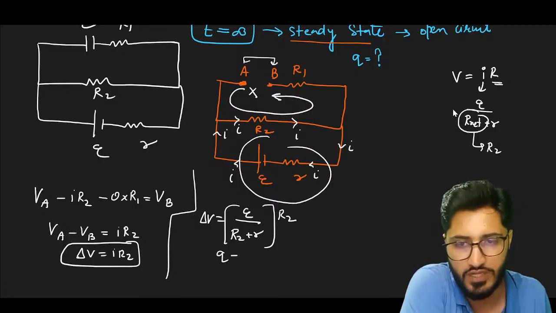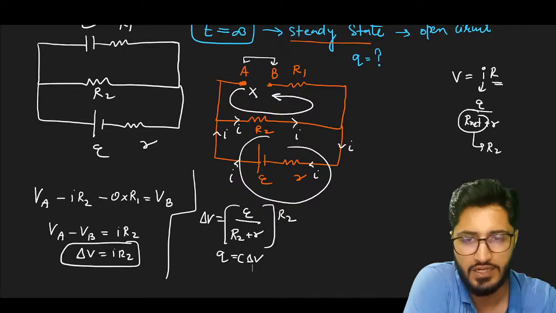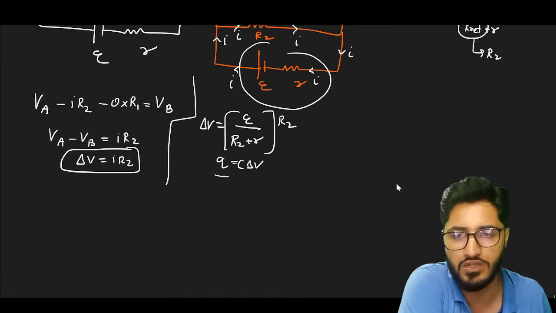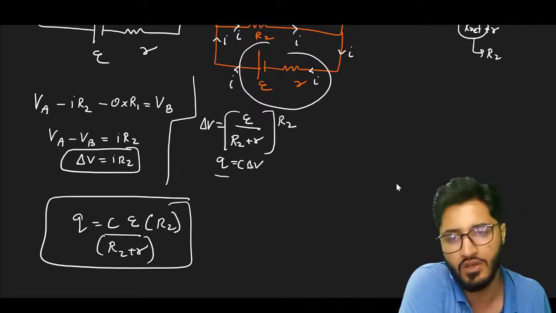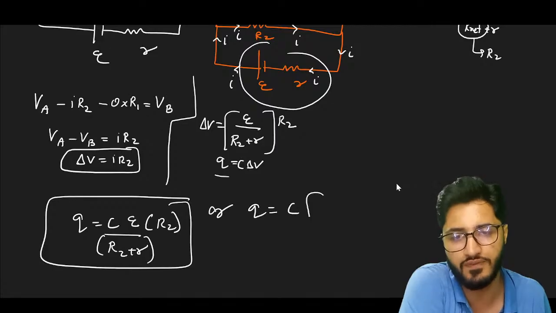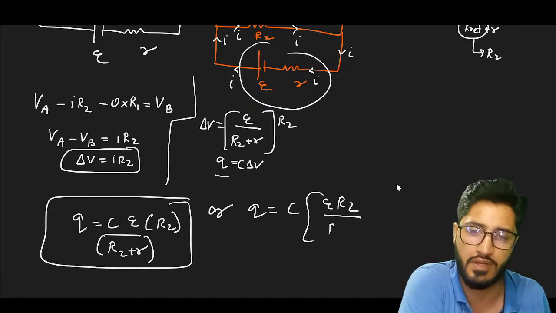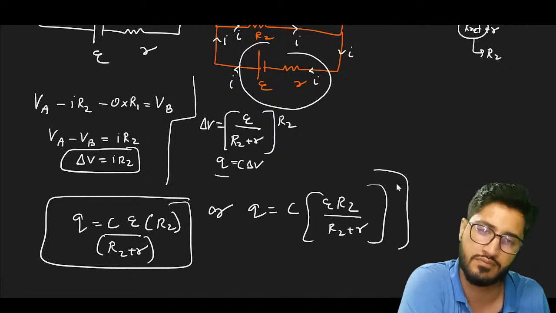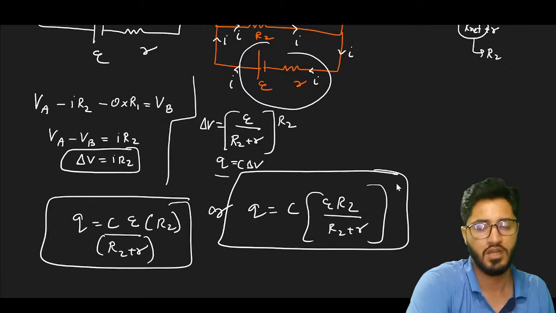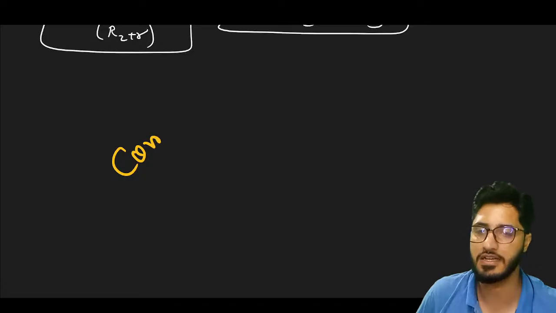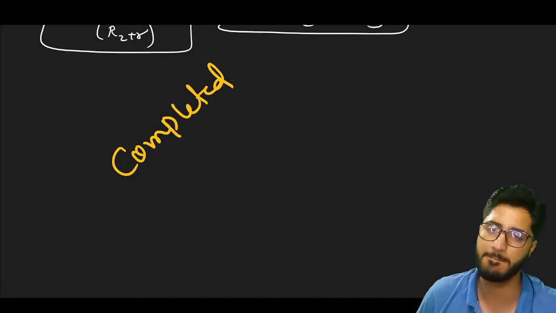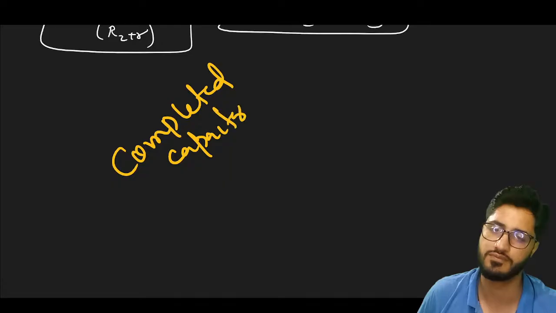And what is Q? Sir, Q equals C delta V. So Q came out to be C times E divided by R2 plus R, multiplied by R2. Or Q equals C E R2 divided by R2 plus R. So by this numerical, I will say that we completed capacitor also